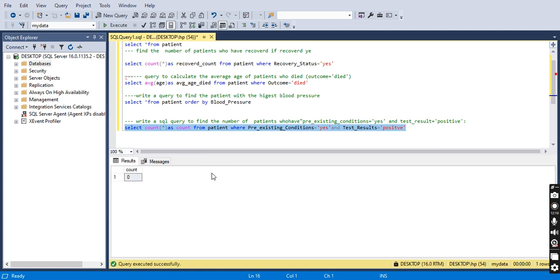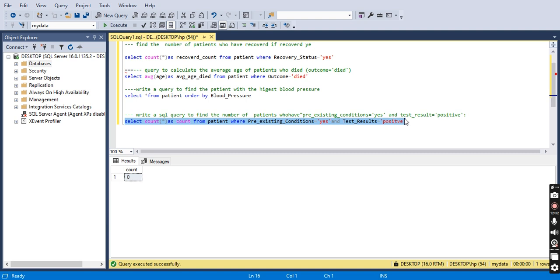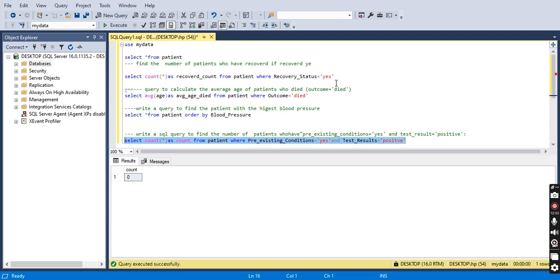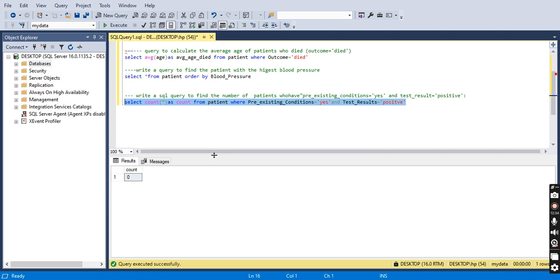So the count is 0. So what is the reason? Select count from patient where pre-existing condition is yes and test result is positive. So there is no yes and the test result equal to positive. Okay. Now this is another SQL analysis I'm using, this analyze